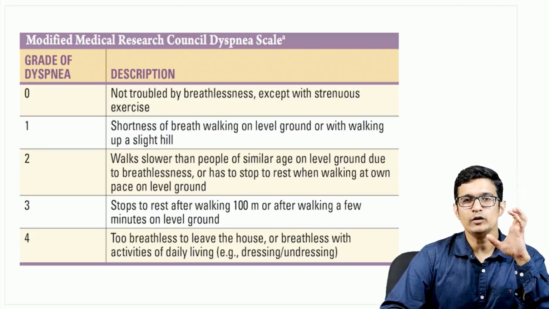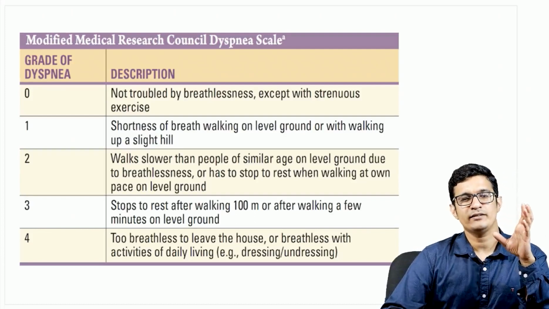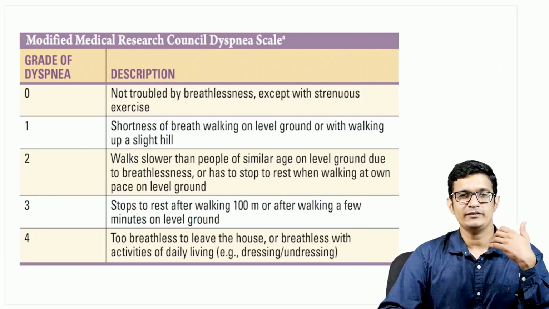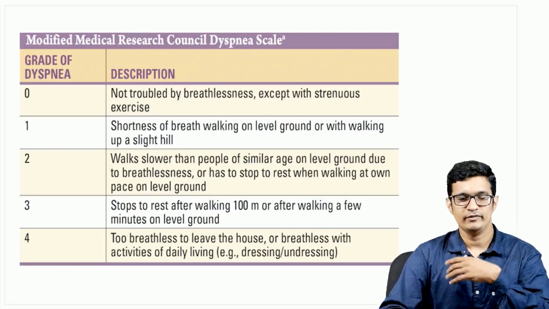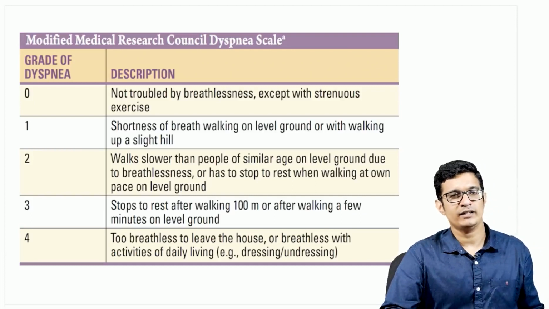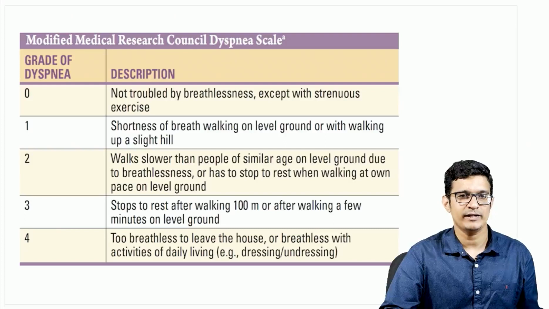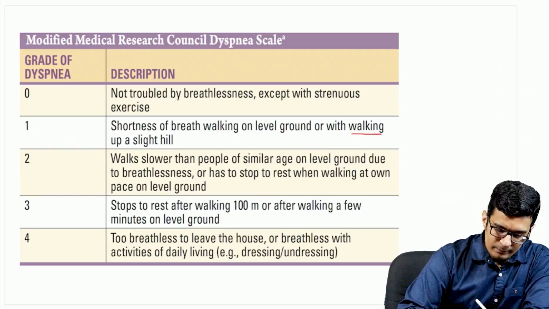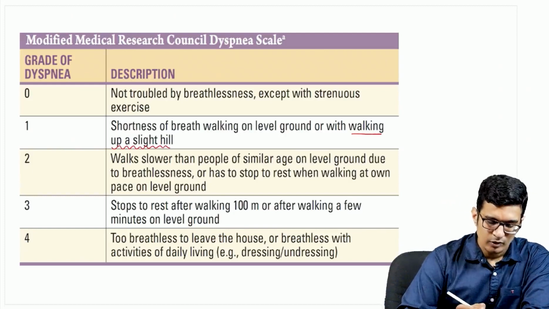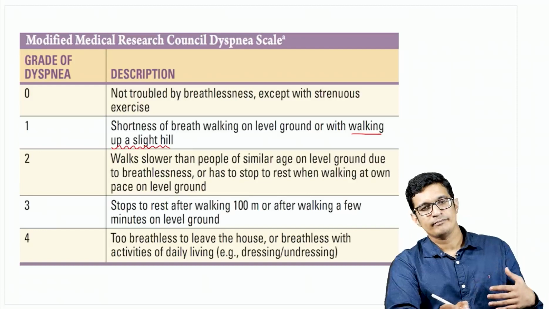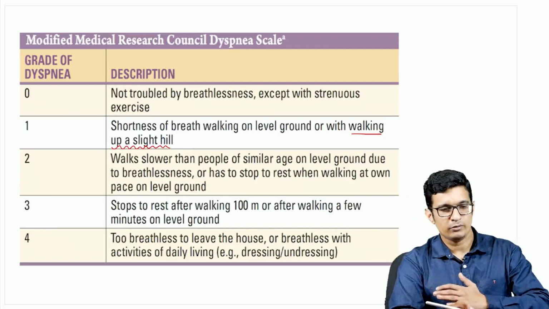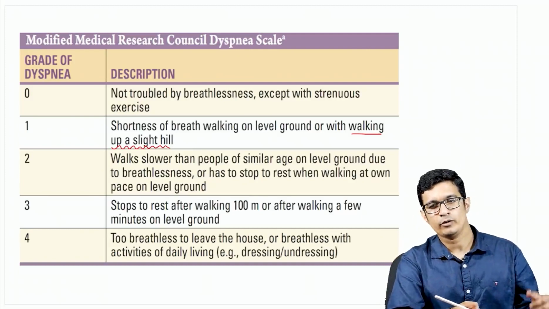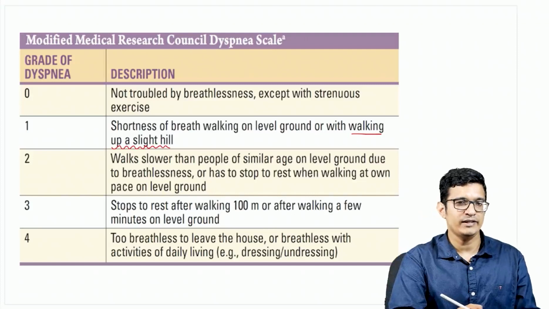Now, grade 0 is there is no significant breathlessness in the patient except when he is doing some strenuous activity. So if the patient is jogging or running, etc., if he is feeling breathless, then we term it as grade 0 of MMRC breathlessness. Now grade 1 is if somebody is walking slight uphill, there is a small hill, or maybe walking briskly on a level ground. If somebody is walking with a higher pace on a level ground than his normal pace, he could be having an MMRC grade 1 breathlessness.